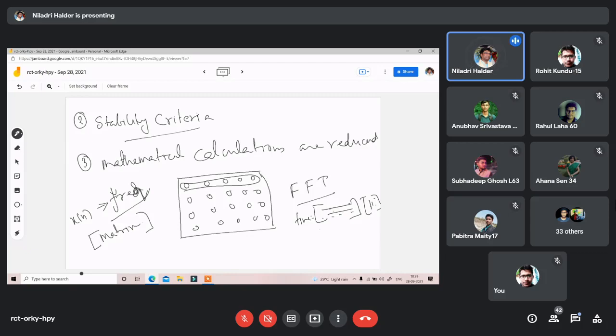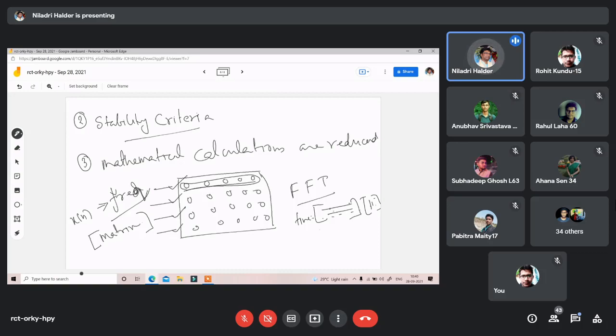But in the frequency domain, you don't need to calculate all the values in a single calculation. For the first calculation, you will consider only the first row. For the second calculation, you will only consider the second row. For each and every calculation, you will consider a single row. Meaning, if this is your matrix, you are splitting that matrix into 4 different parts. So the calculation is getting easy.